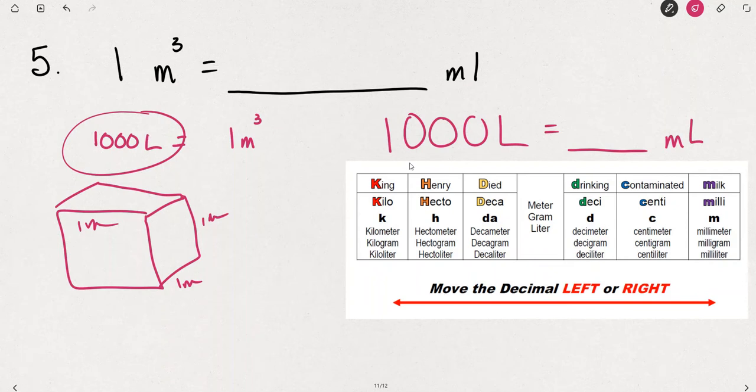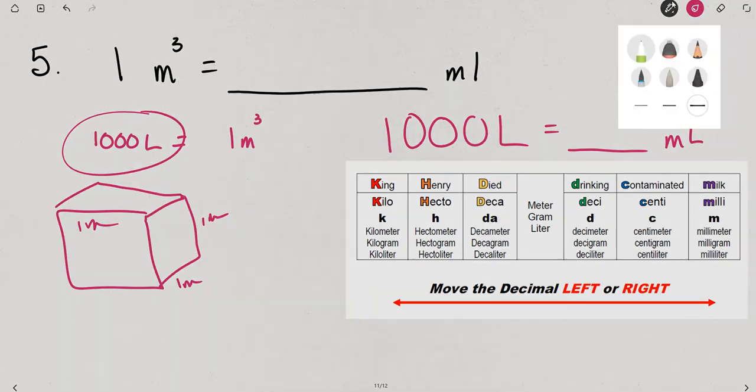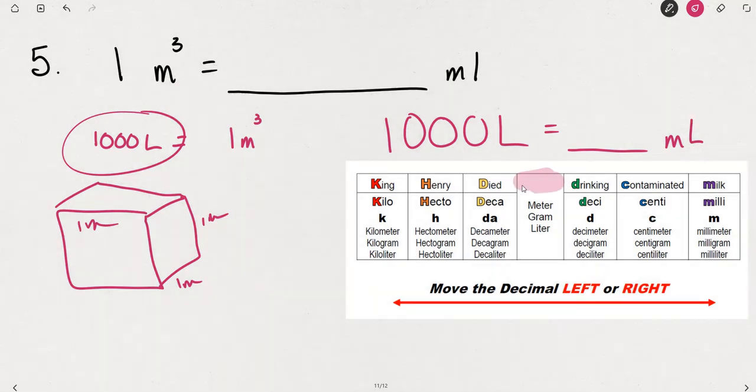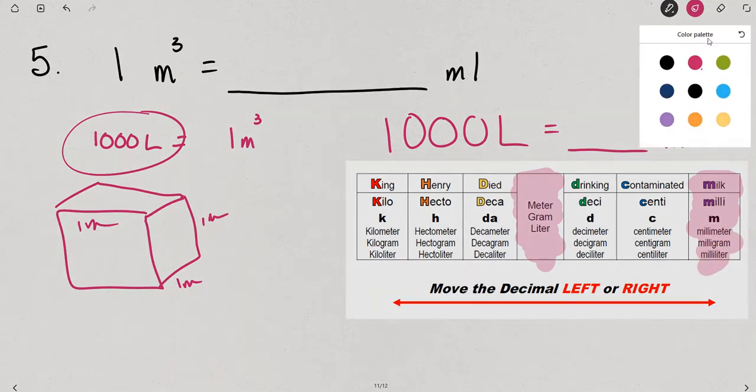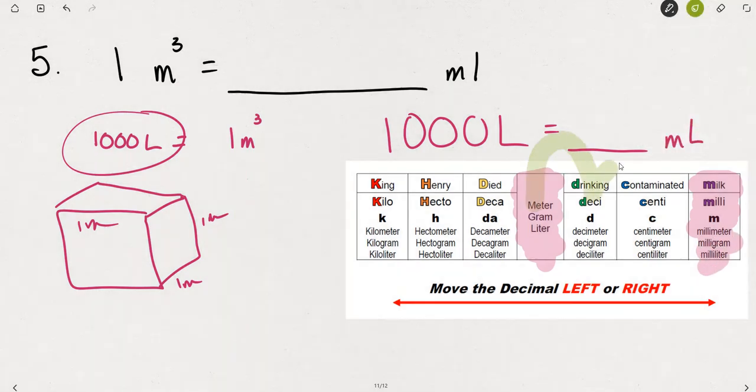So really I just need to use the metric chart to go from 1,000 liters to milliliters. I'm going to find the liter right here in the base unit. And if I want to go to a milliliter, it looks like I'm going to jump 1, 2, 3 units to the right. So going 3 units to the right,